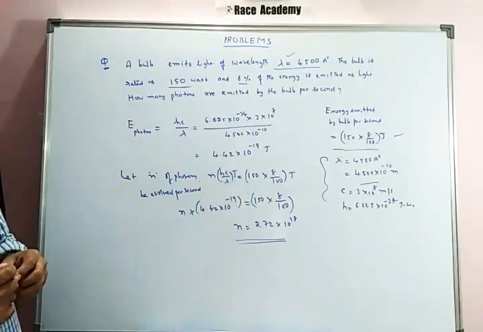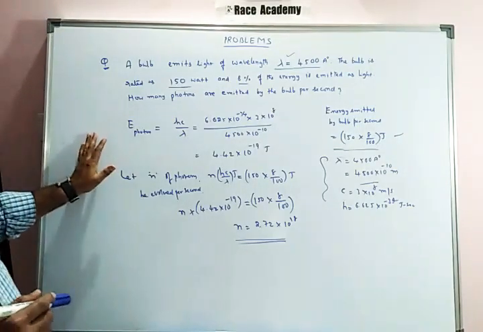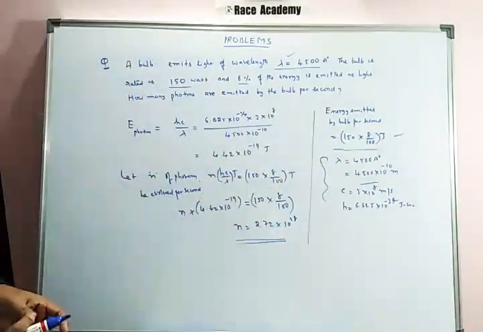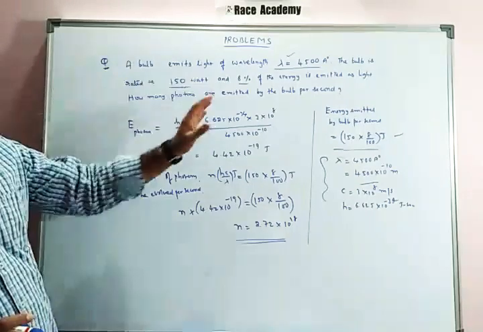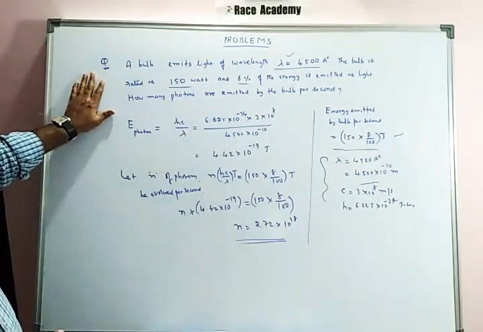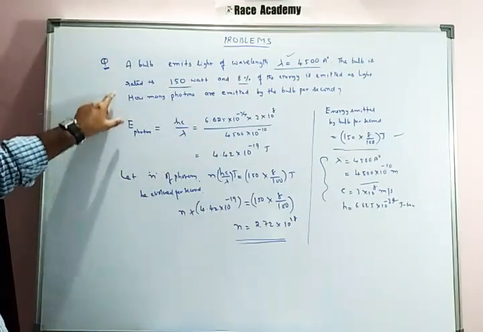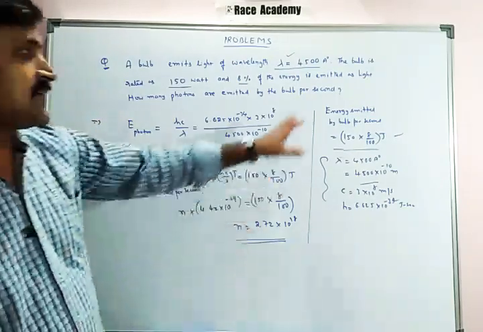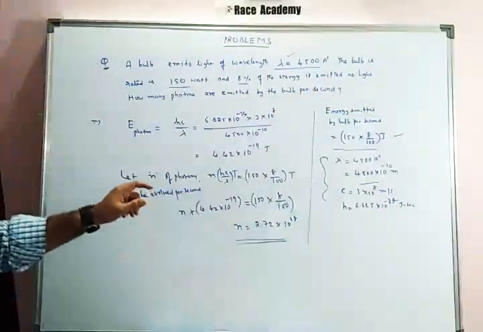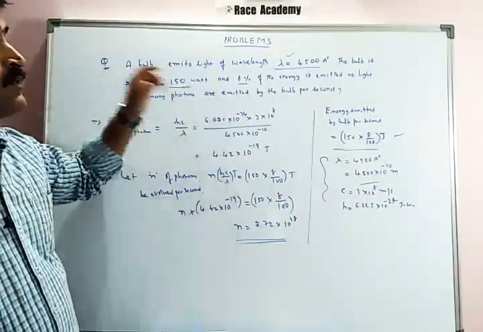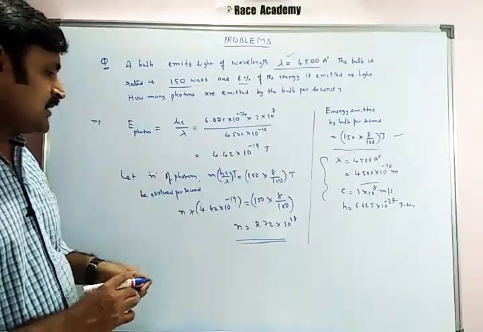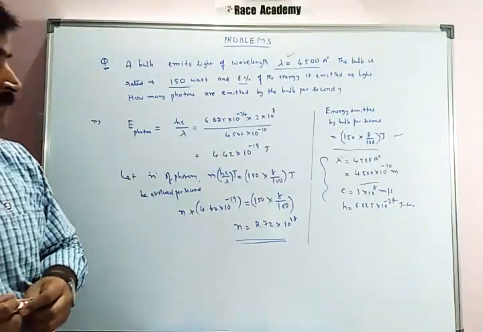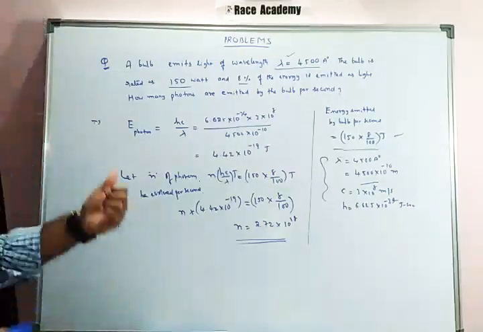So this is the most important problem in competitive examinations. Even in board examinations, you can now see this type of model in the CBSE board examinations. Okay, I hope you understand it step by step. First we have to prepare the data, the required information, then we have to understand the problem given, what is the aim of the problem. Finally the aim of the problem is to find the number of photons emitted by the bulb per second. Okay, this is the answer.